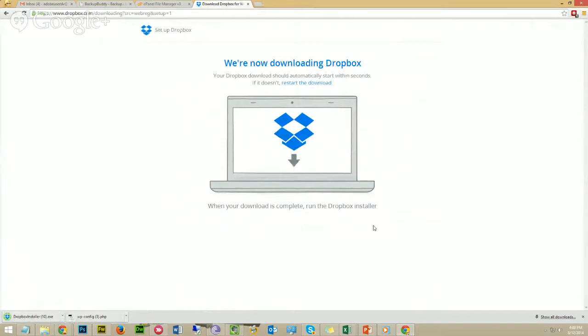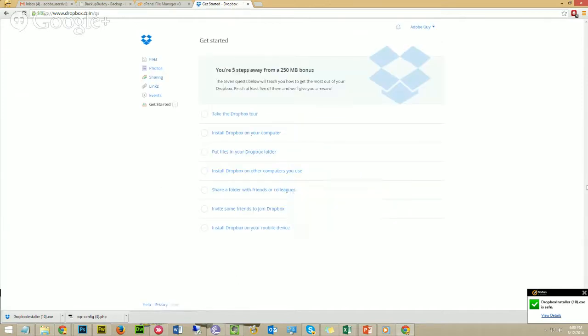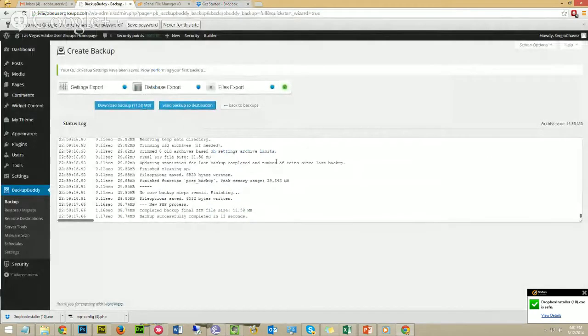And it'll download and tell me to install. I'm not gonna install it. The trick you do for that is you just go back to Dropbox.com, right? And you avoid the install. Just say cancel or delete the file or whatever. Okay, good. So now I know I have an active Dropbox account, and I'm gonna use my Backup Buddy to